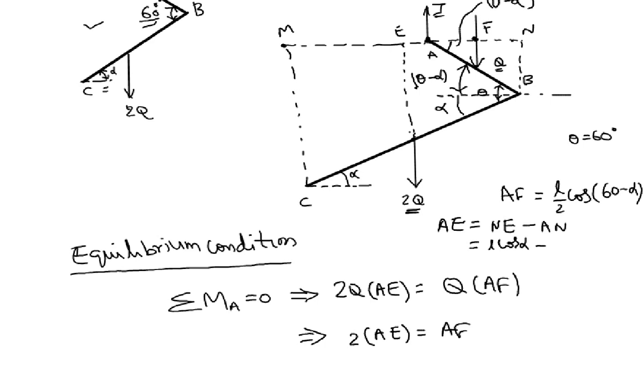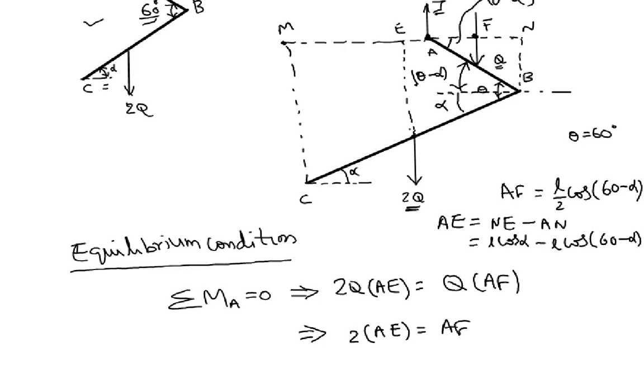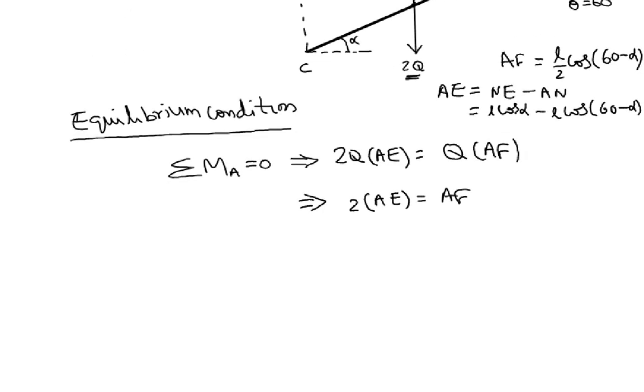AN is L cos (60 minus alpha). So this condition, when you simplify using elementary trigonometry, comes in as L over 2 cos (60 minus alpha) is twice